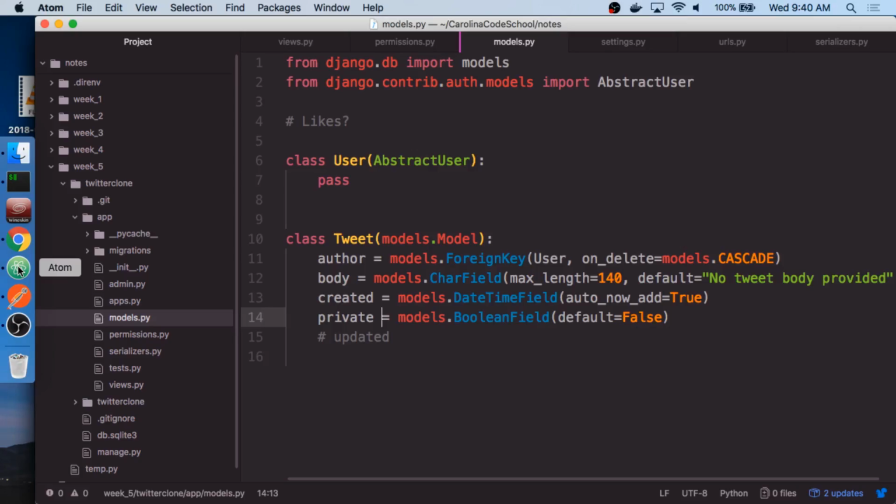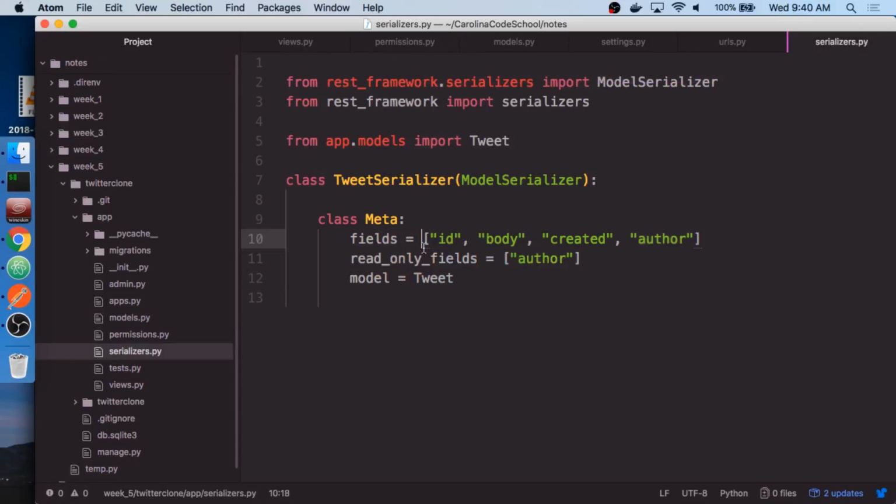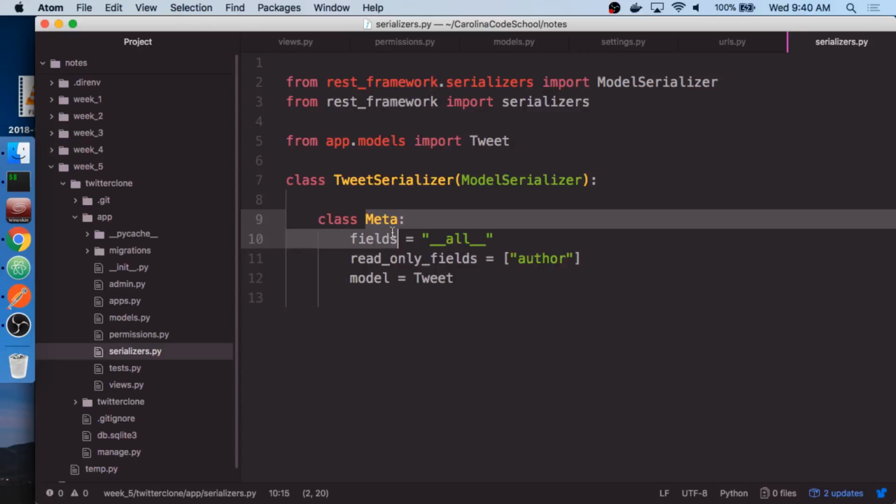In the serializer, right? So let's go to our serializer. Something that's also worth mentioning here is that in fields, your model can tend to get really large. Ours is even starting to get a little annoying. I can add private there, but if we wanted to show all of our fields, there's a little shortcut hack where you can erase the entire list and just do __all__. And that will say, I want to show all fields to the front end, to the client.